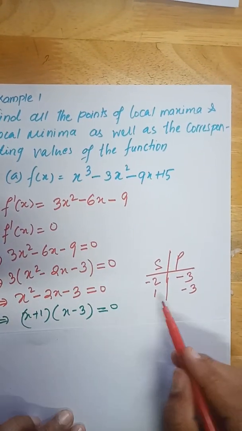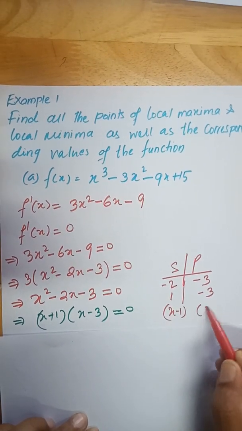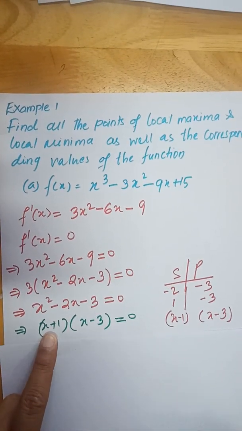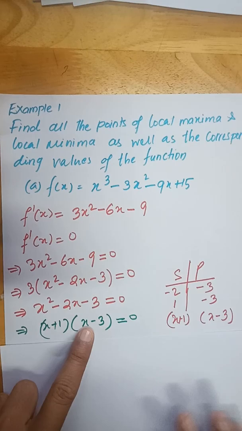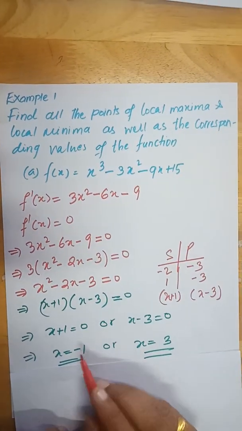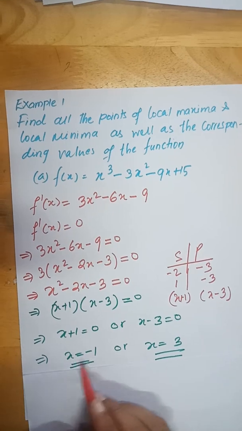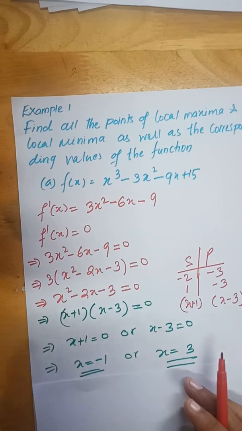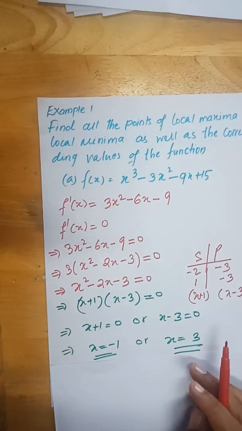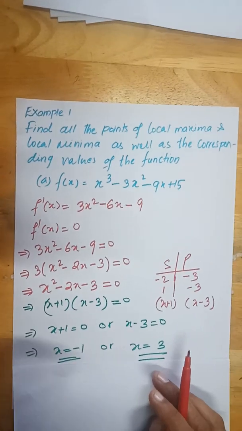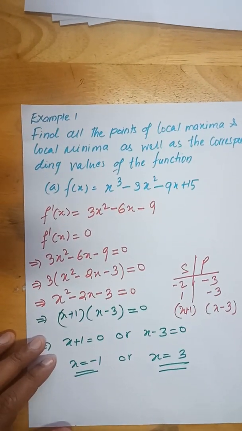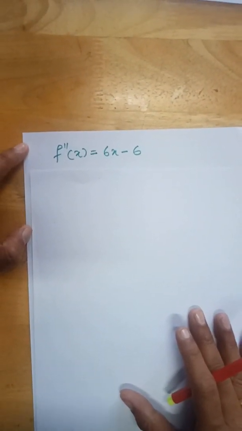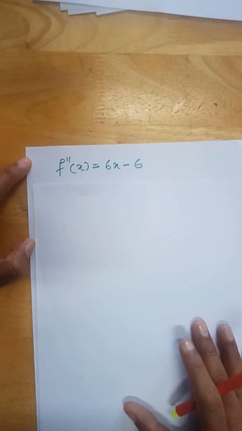So if the value of a is 1, you add directly 1 x in the front, so you are going to get x plus 1 and x minus 3. Okay, so x plus 1, not minus 1, x plus 1 and x minus 3. So now you equate to 0. So x plus 1 is equal to 0 or x minus 3 is equal to 0. So x equal to minus 1 or x equal to 3. So these are the two values of x. Now once you get the values of x, you need to check which value is maximum and which value is minimum. So now you are going to check whether the values are maximum or minimum at x equal to minus 1 and x equal to 3.